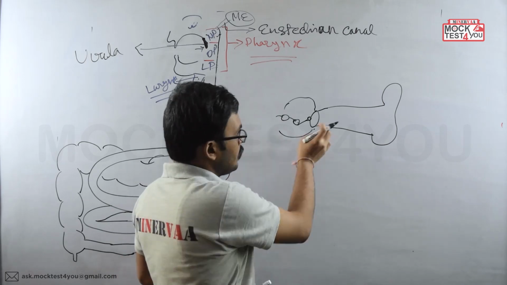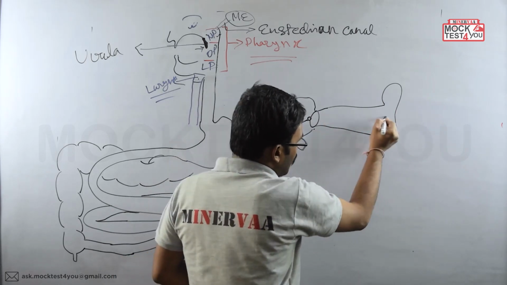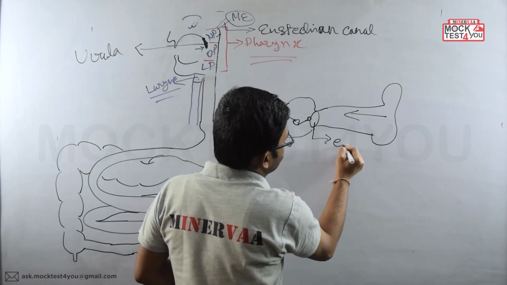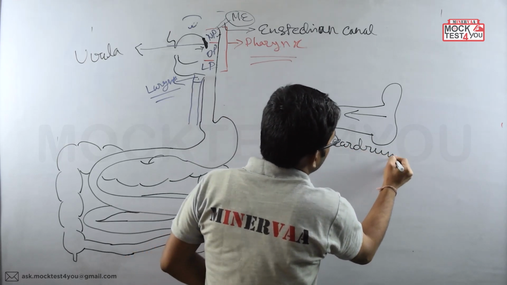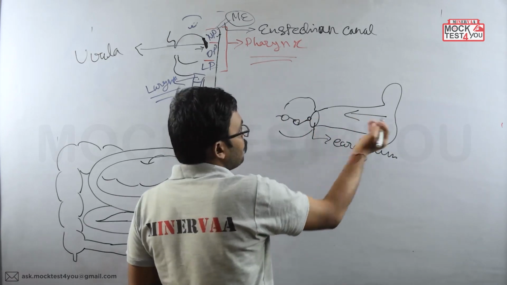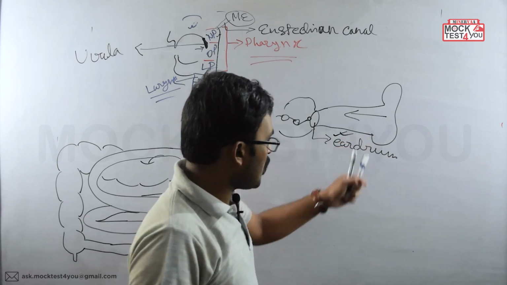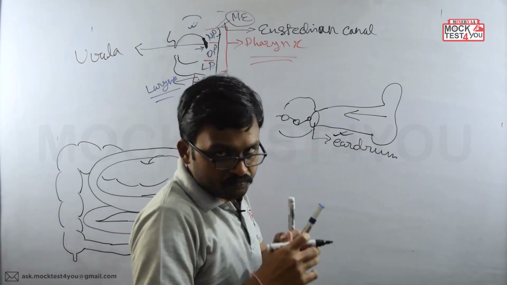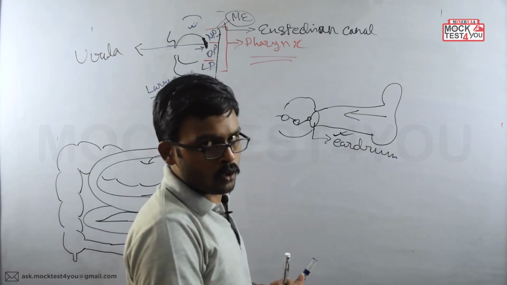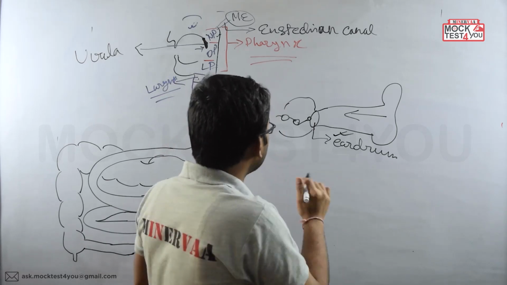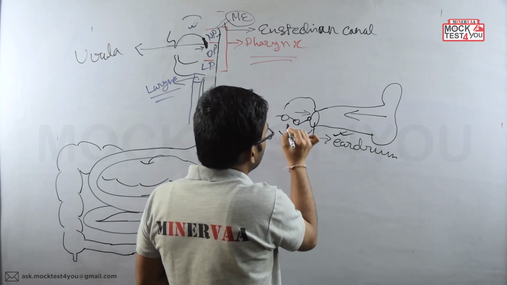Okay, and on this side, the air is coming every time. Here a membrane, the eardrum, is present. Now the air which is coming every time from this direction will give a pressure on this eardrum, and because of that pressure the eardrum can rupture anytime. Okay, clear? To stop it,